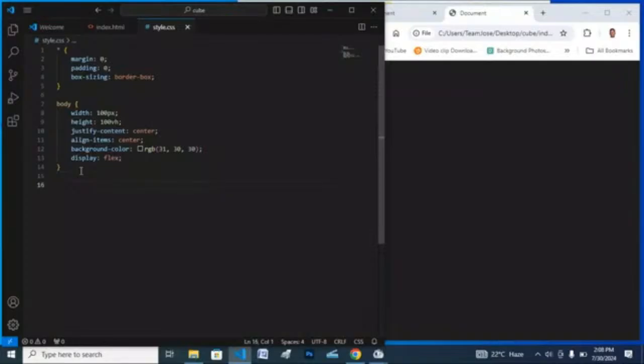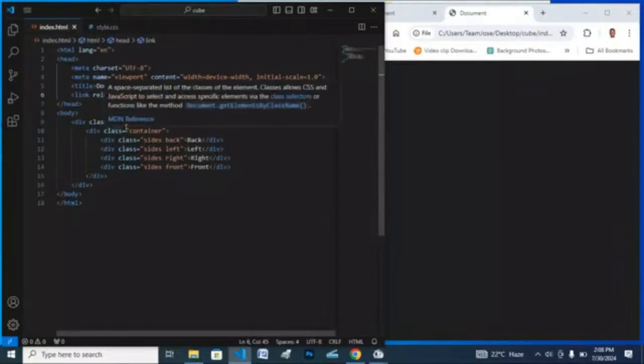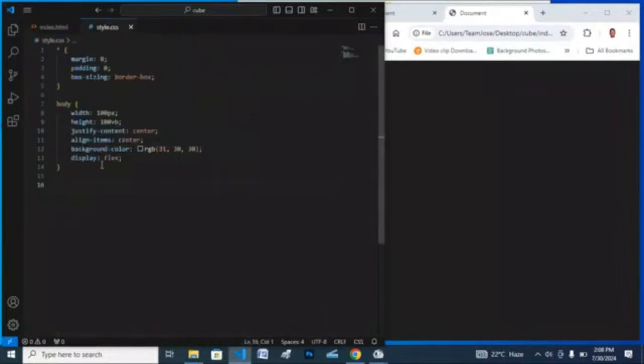From there, if we are to continue, we have this class here, the wrapper. Copy that and put a dot with that class